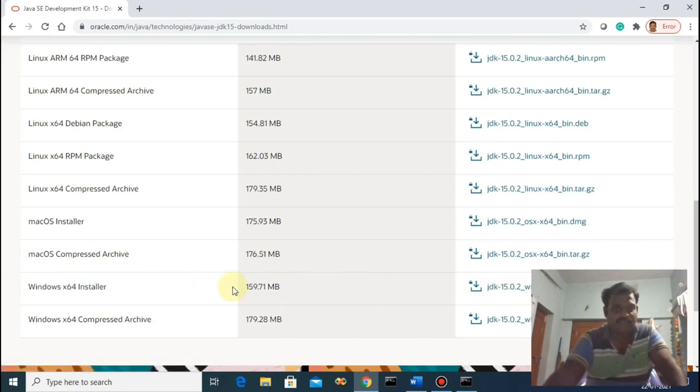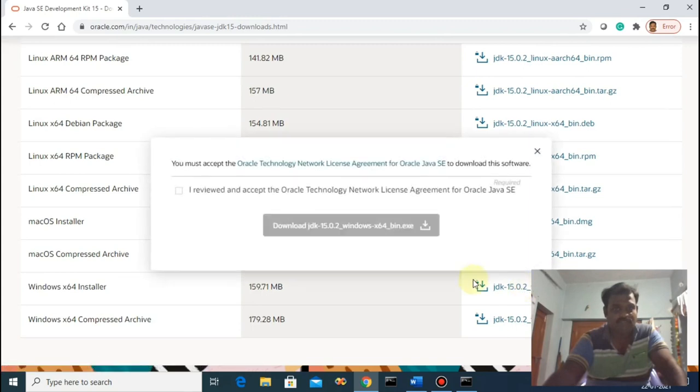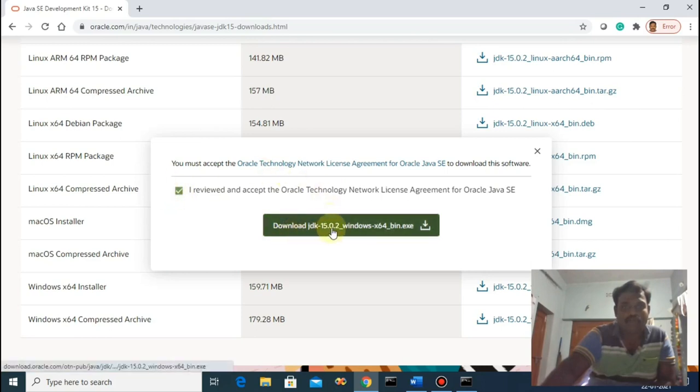For Windows users, click on this. It will display: you must accept the Oracle Technology Network License Agreement for Oracle Java SE to download this software. There is a checkbox, click on this checkbox. Now download JDK 15.02 Windows. Just click on this.